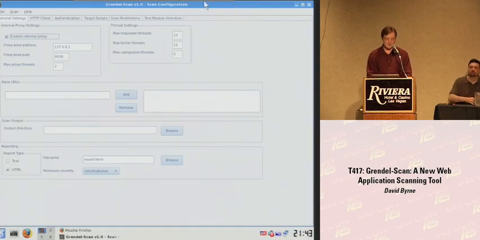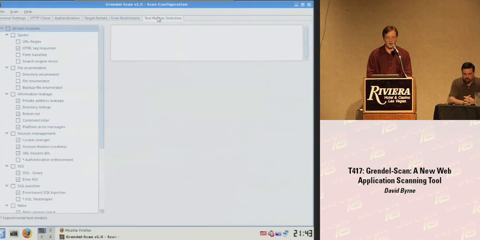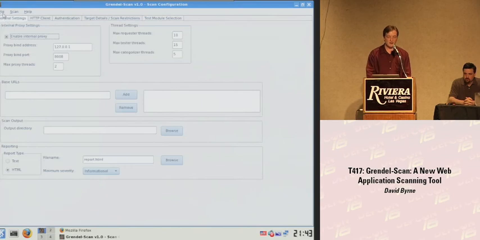This is Grendel-Scan. In the interest of time, we're not going to go through a fully automated scan here, but I wanted to point out that it's very easy to do one. All that's necessary is to enter your base URL here, add it, and then go into the test module selection tab. There are some default tests enabled, but you can change them to whichever tests you want to run, and you must enable at least one spider if you want to do a fully automated scan, and then just start the scan. Easy enough, but in my case, I'm going to demonstrate the intercepting proxy and performing a guided